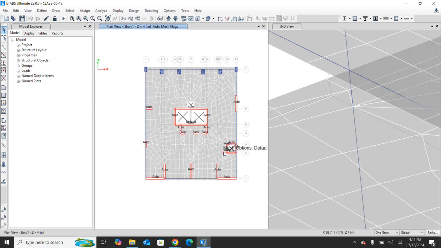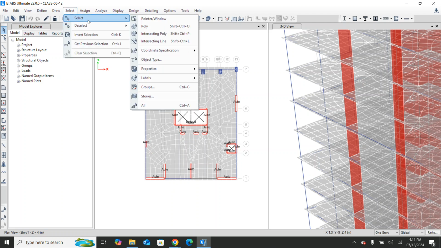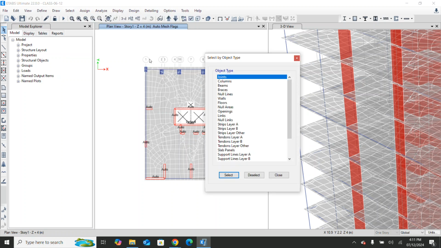Okay, then we click close. So that is assigned for the walls. Then next what we need to do, we have to assign for the frame. So select, and you have to select it from here, object type. I'm selecting all the objects, which is column, beam, braces, null lines, etc. That means column,